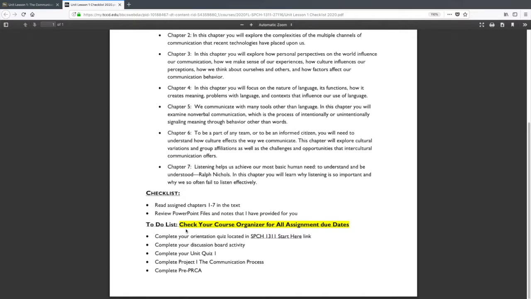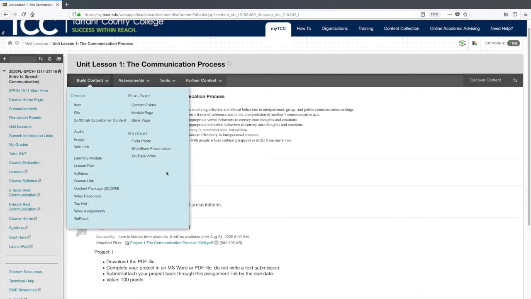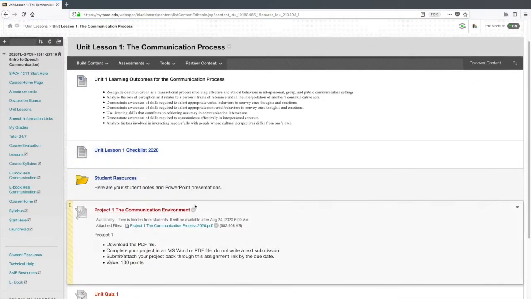So each unit lesson has a checklist, so make sure you view the checklist so that you'll know what assignments should have been completed for that unit. So let's go back right here, and